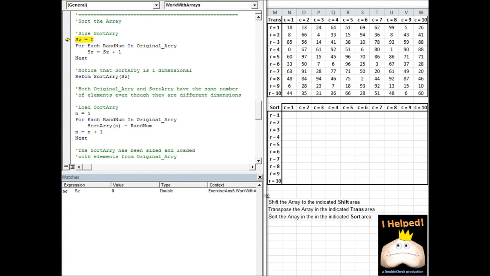Our final objective is to sort the data from the original array. We can call on our dynamic array to help us with this. First, we need to count the number of elements in the original array. That's going to tell us the size that our sort array needs to be. Now, what I want you to notice is that the sort array is going to be single dimensional. It's going to hold just as many elements as the two-dimensional array, but it's going to be easier to work